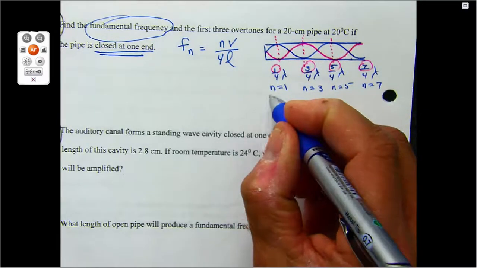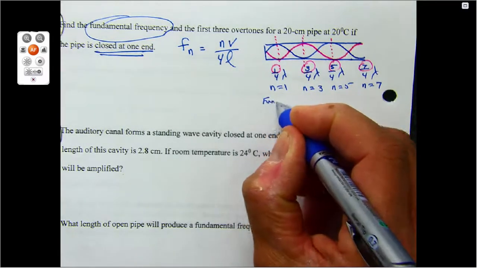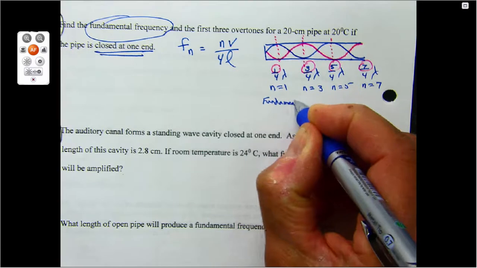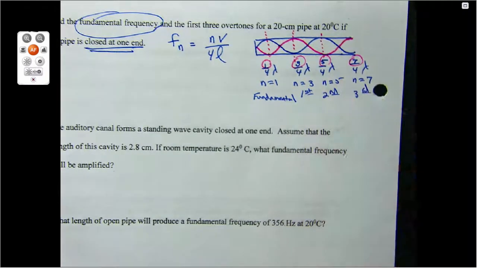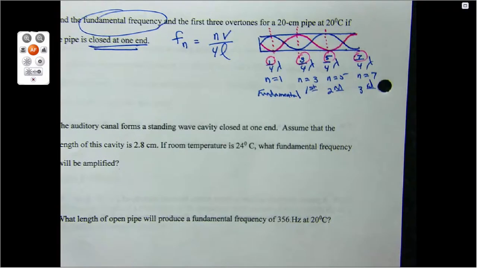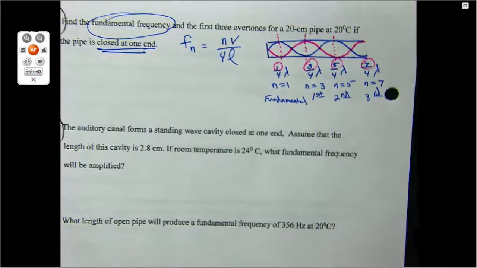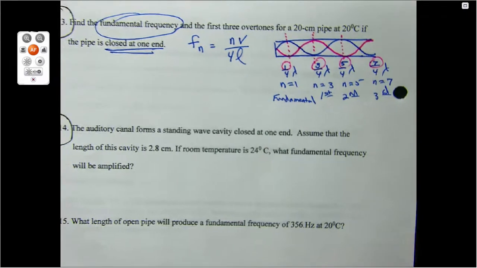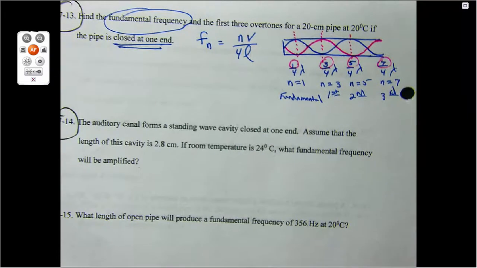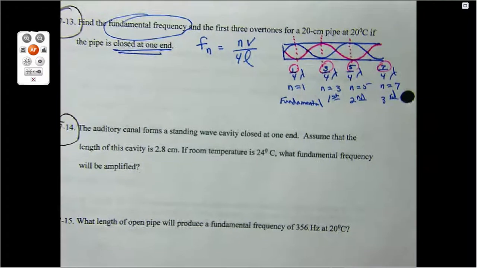So this n equals 1 is the fundamental, then the first overtone, third overtone. It wants all of them, doesn't it? They're asking for a frequency. Okay? And realize we would change the frequency here. You're not going to put the same frequency in there. So for example,